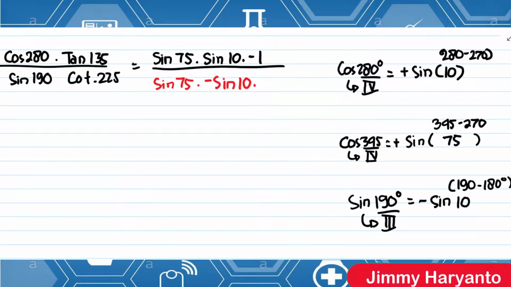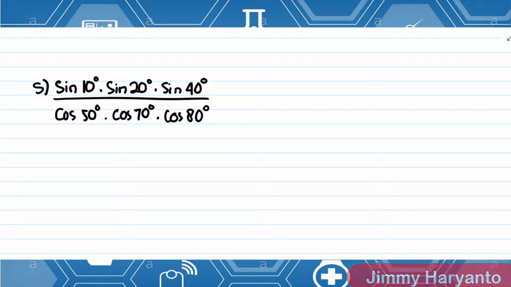And then cotangent is the opposite of tan, so I will calculate tan 225 first. It will be 1, because it's in quadrant 3, so the cotangent of 225 will be 1 over 1 equals to 1. This one will be 1. Okay, next is cross out this, and this, and this, and the result is 1. Okay, for S is the same, but I will teach you the simpler way to solve this.